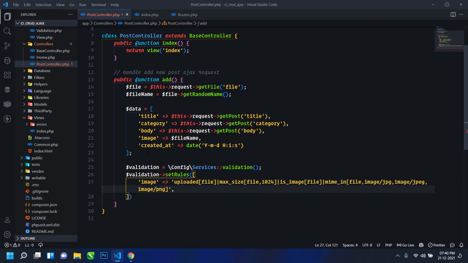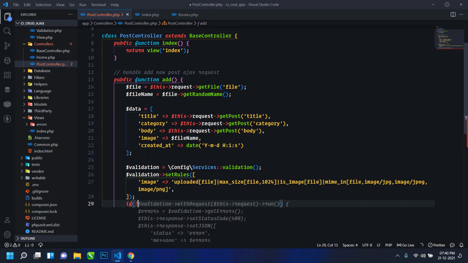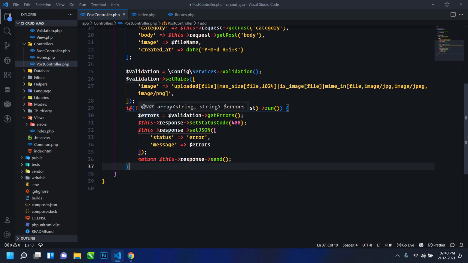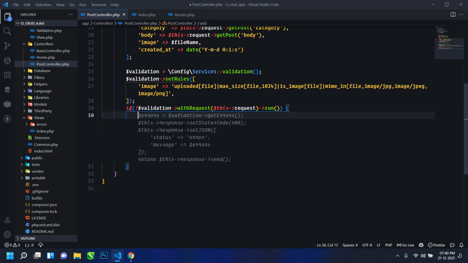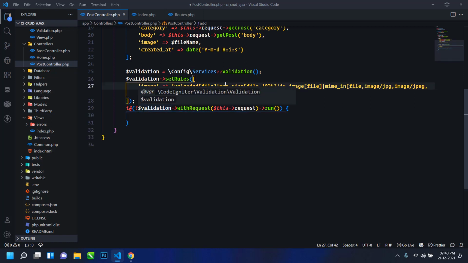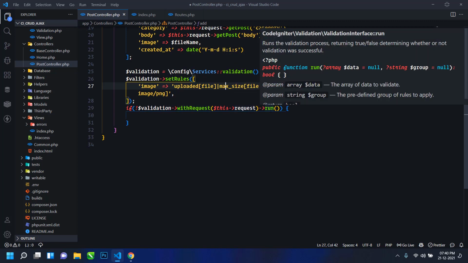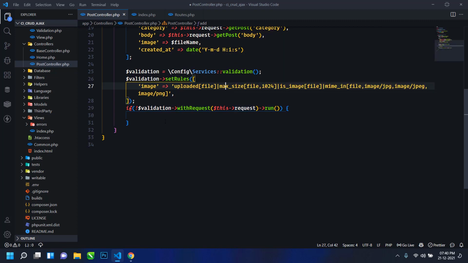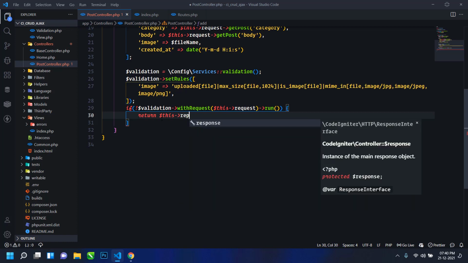Now next I will use an if statement and check if validation fails. Here, just remove all these. You can see I have written validation with request, this request run. So I am just checking if validation fails, then here I will use return, and then response.